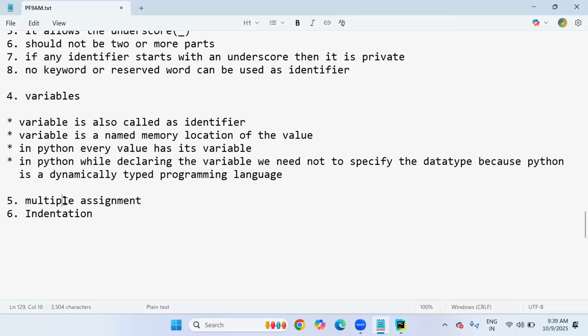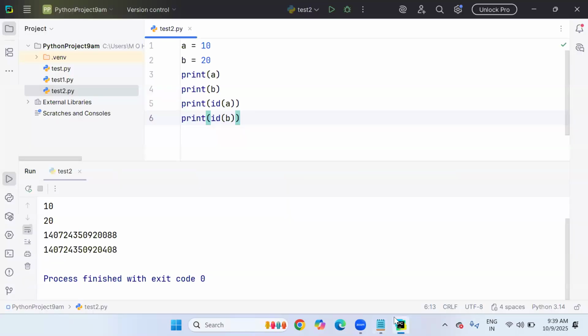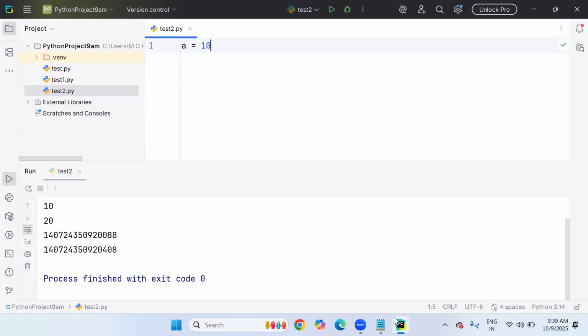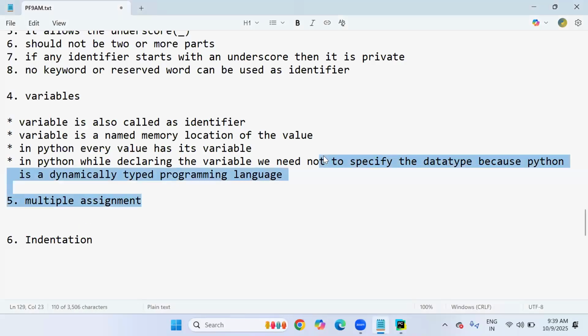Next, I'm talking about multiple assignment. Very simple, sir. Here, this is single assignment. I am assigning a single value to a single variable. Here I am using one operator called equal to. This is called the assignment operator. We are assigning the value 10 to A. So multiple assignment means it is the process of